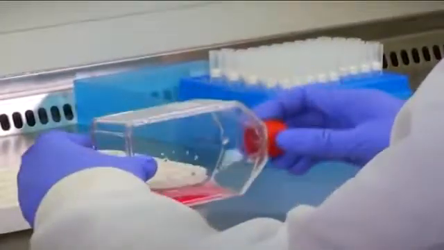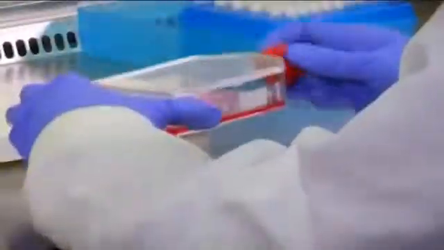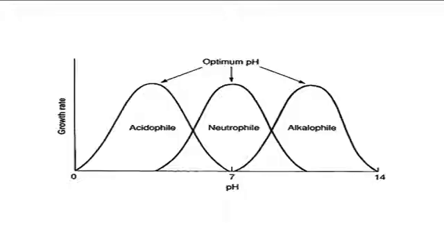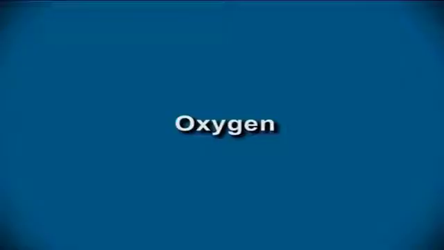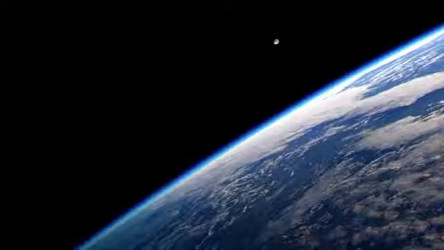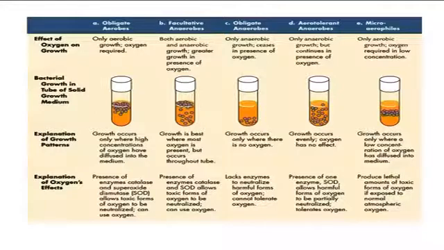The pH range between minimum and maximum values is greater in fungi than in bacteria. Based on their tolerance and optimum growth, they can be acidophilic, neutrophilic, or alkaliphilic, as shown in figure 8. Figure 8 shows the types of microorganisms based on the pH requirement for their growth. Let's know how oxygen affects the microorganism. Earth's atmosphere consists of 20% oxygen, and most life forms are dependent upon it for their survival and growth. Various types of oxygen requirement by microbes are given in figure 9.